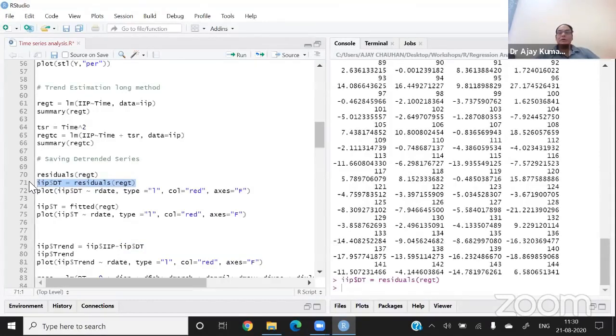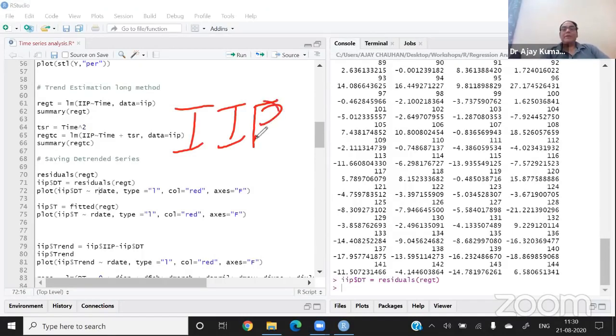So now this is the residual series, and now I'm showing you how this series looks. If you apply your common sense, basically what I'm doing is this: this is the IIP series, and IIP minus trend, because the trend is captured by the regression model, and whatever is left is called detrend.